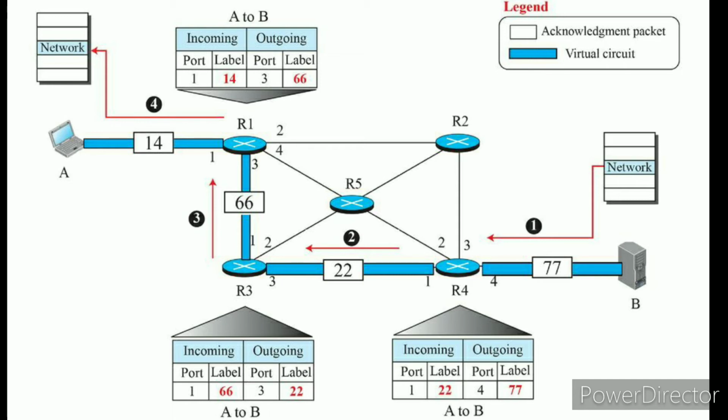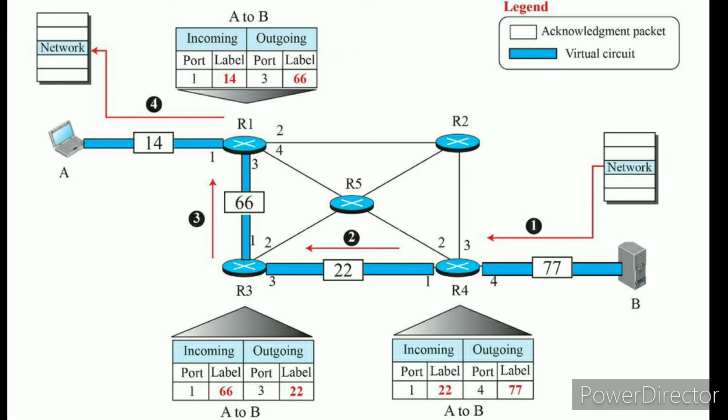Whenever a packet comes, it is coming through port 1. So here port 1 is in the second table. It assigns a new label, called 66, to this port, and it sends the packet through port 3, with the 66. It doesn't know the outgoing label, so it leaves it as it is.